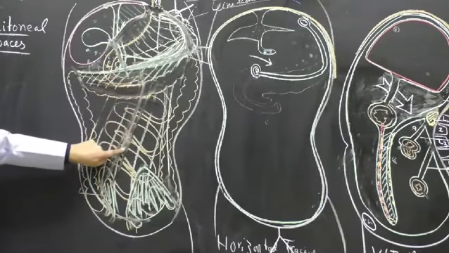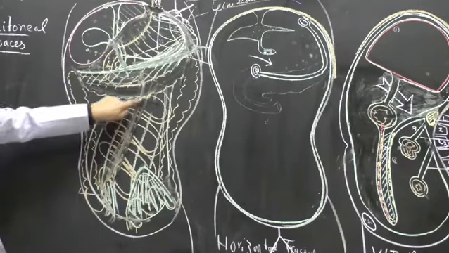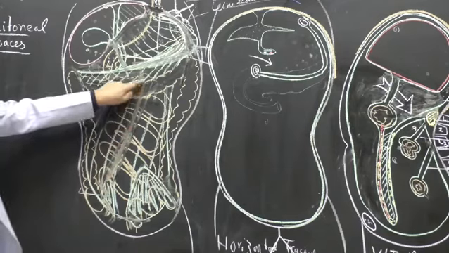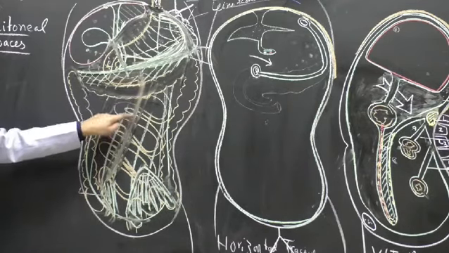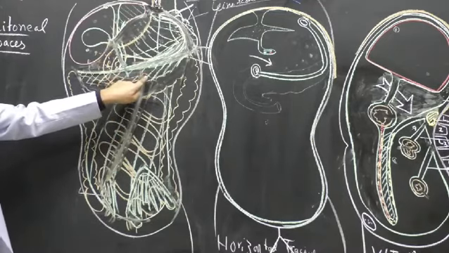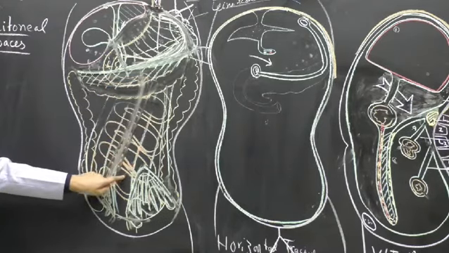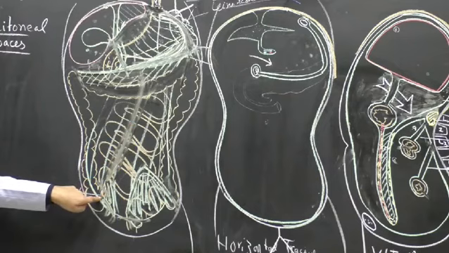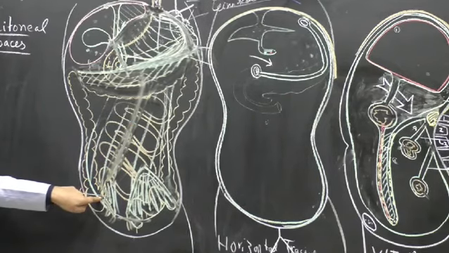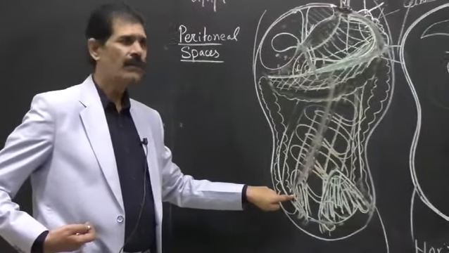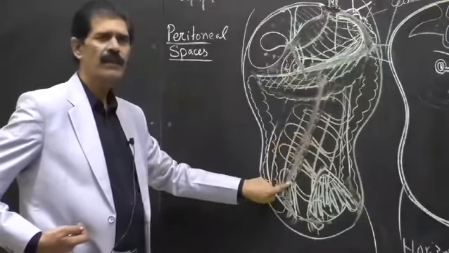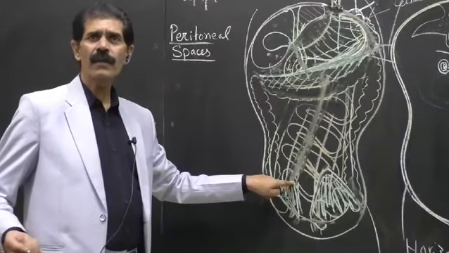Number 2 cut, you have to cut the root of the 6 meter long jejunum and ileum mesentery. Because the jejunum starts on the left side of the midline, where the duodenum ends. Duodenum ends on the left side of the midline. And where does this 6 meter long jejunum and ileum end? Right iliac fossa, where the appendix is lying. This is called terminal ileum, where it lies on the right side below. If you measure from this point to this point, here lies the root of the mesentery.